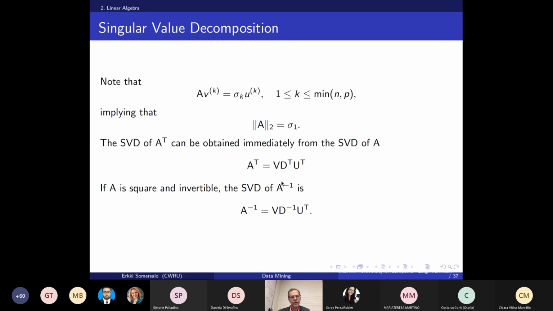Also, if you have a square matrix, and this matrix is invertible, then you can also write immediately the singular value decomposition of the inverse of the matrix. So here we assume that the inverse exists. And in order to calculate the inverse of the diagonal matrix, which is now a square diagonal matrix, we see that the singular values all have to be non-zero. Otherwise, I cannot calculate 1 over a singular value. So this D inverse is a matrix whose diagonal entries are 1 over the singular values. This is not that important in this course. I'm just mentioning it here.